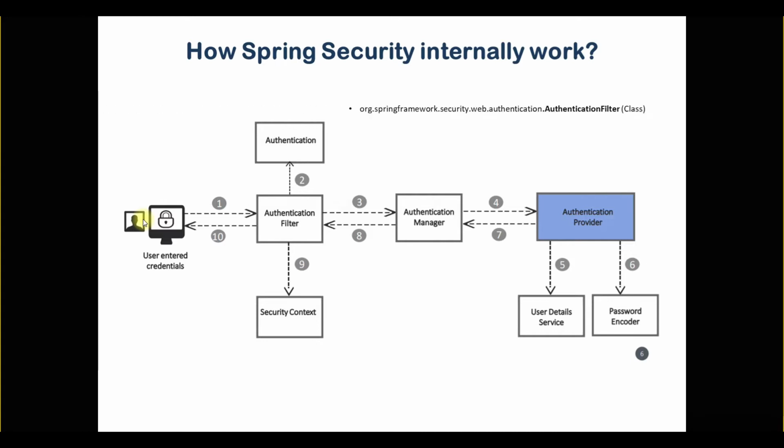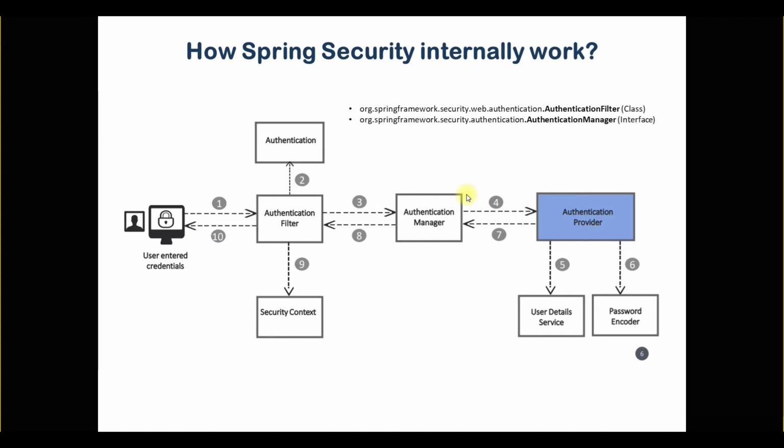Then the authentication filter, which is a class present in the Spring Security framework, will intercept the request. Once it intercepts the request, it will try to convert whatever authentication details we are receiving from the user, like username and password, into an authentication object. This authentication object is the base on which the validation of user credentials will be done.